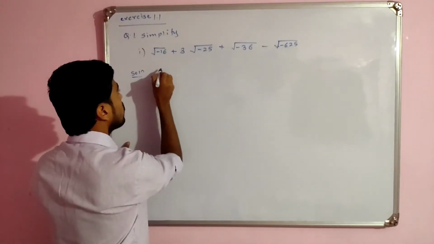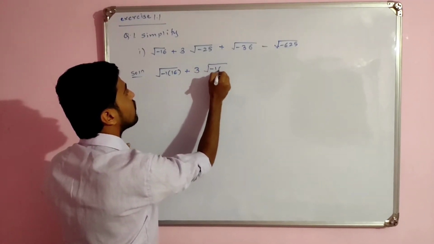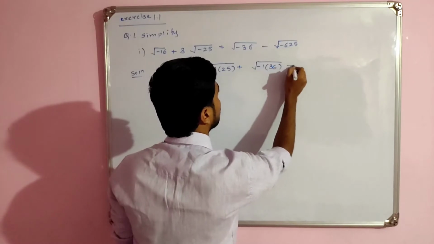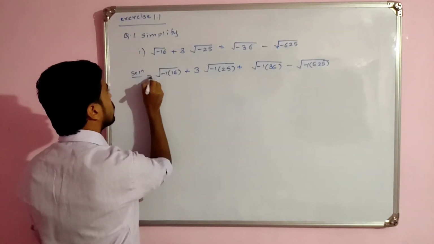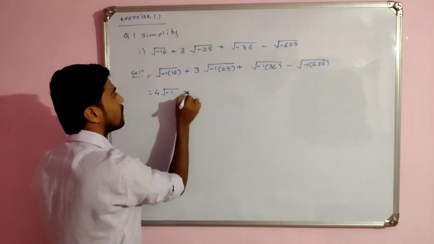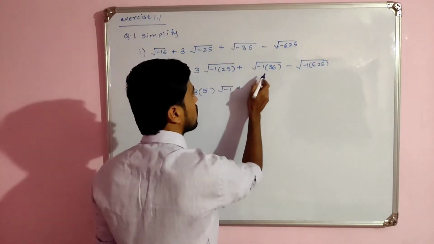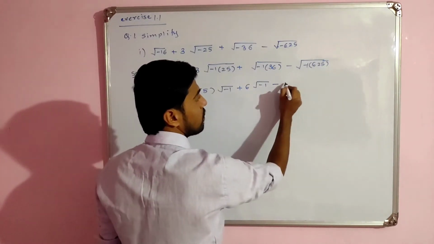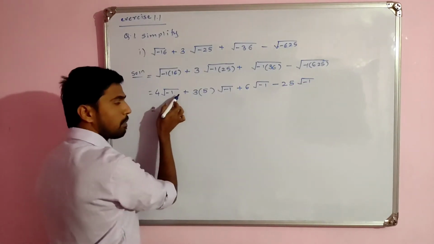So solution, root of minus 16 मी असं लिहितो minus 1 into 16 plus 3 into root minus 1 into 25 plus minus 1 into 36 minus minus 1 into 625 is equal to 16 चा स्क्वेअर रूट येते 4 root of minus 1 plus 3 into 25 चा स्क्वेअर रूट 5 root of minus 1 आहे तसाच plus 36 चा स्क्वेअर रूट येते 6 root of minus 1 as it is minus 625 चा स्क्वेअर रूट 25 and root of minus 1 as it is